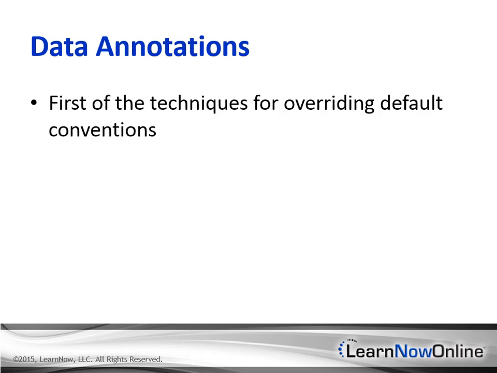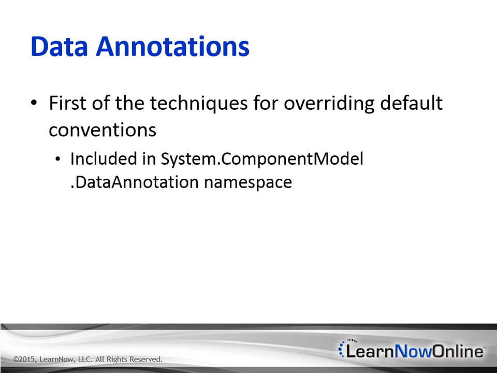As I mentioned, one of the ways that you can override the default conventions is to use annotations on the data model classes to change how code first maps to the database. The .NET Framework includes the annotations in the System.ComponentModel.DataAnnotations namespace, which also supplies additional data annotations that MVC uses for input validation. There's a nice overlapping of functionality there, but code first doesn't use all of the available annotations. So just be aware there's going to be additional ones that you can find in that namespace that don't apply